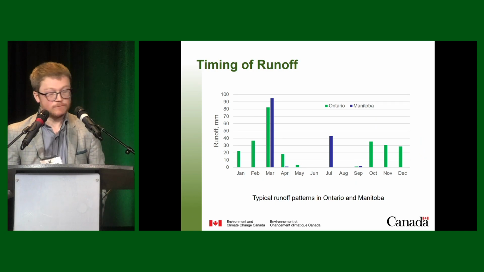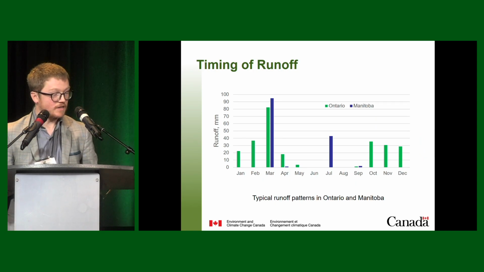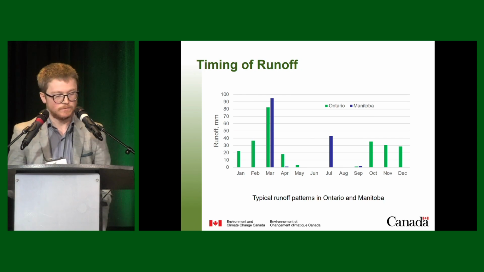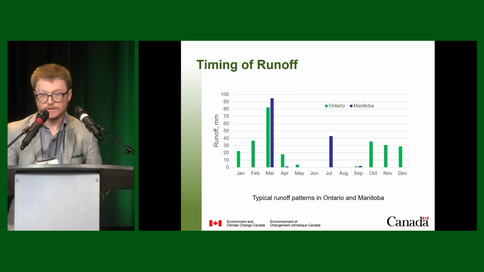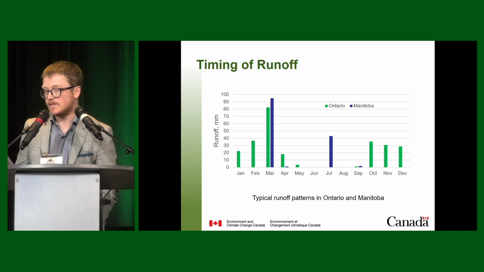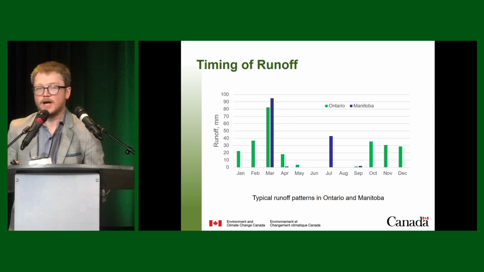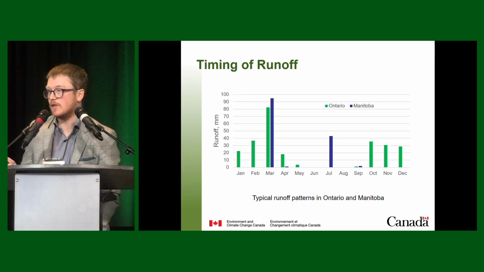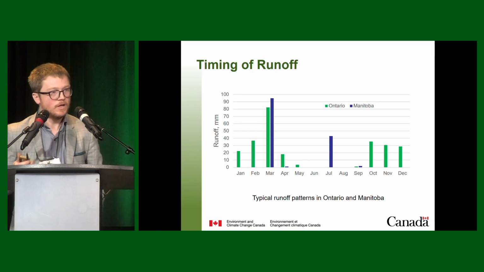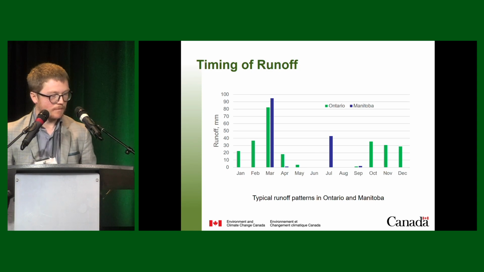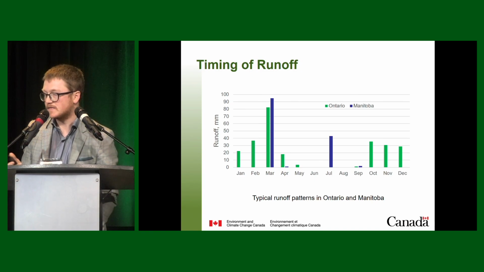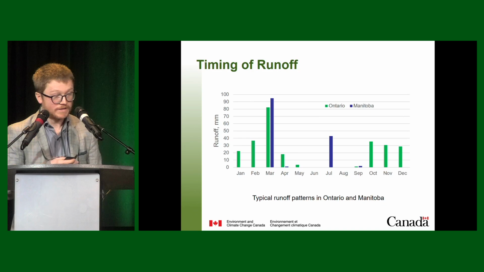And when does that runoff occur? So we're seeing runoff in millimeters along the y-axis and then the months of the year across the bottom. And we can contrast, looking at Manitoba, where very clearly we can see the dominance again of that spring snowmelt in terms of when runoff actually occurs. And then in July, we may see a spike due to large precipitation events over the summer. But if you contrast that with Ontario, where we're seeing more frequent melt events over the entire winter season.